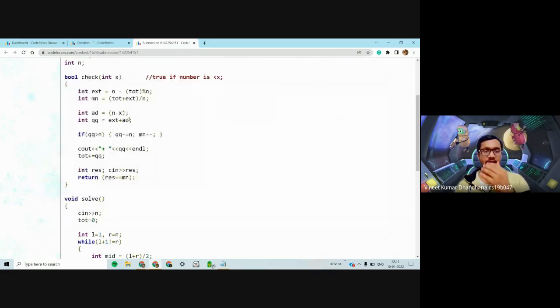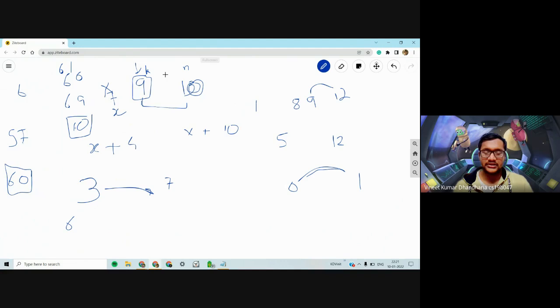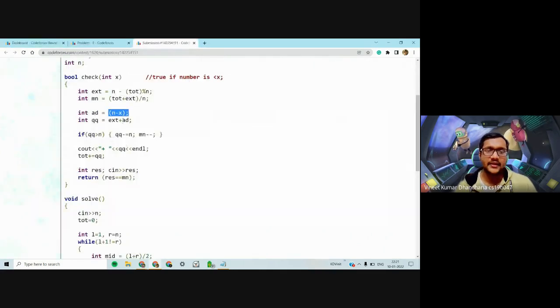So we know that a multiple of n is the extra amount it would have as compared to the original thing, which was between 1 and n. So this is the extra thing. Since in case of 13 and 9, we had to add 4, in case of n and we want to check for k, we would add n minus k.